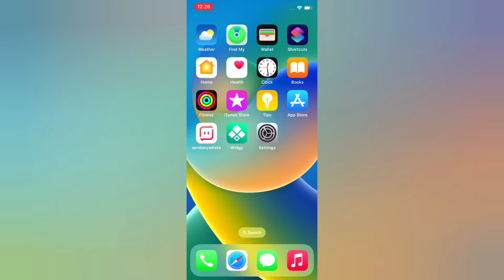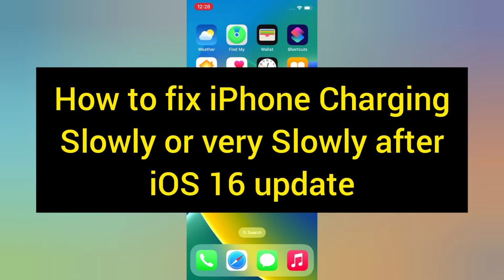Today in this video I will show you how to fix iPhone charging slowly or very slowly after iOS 16